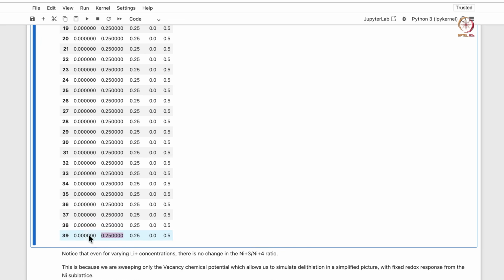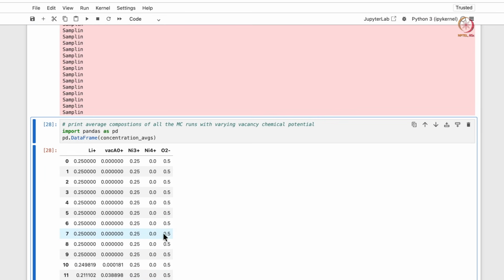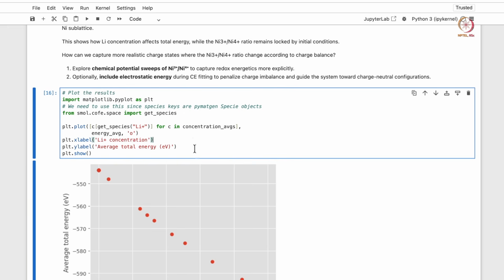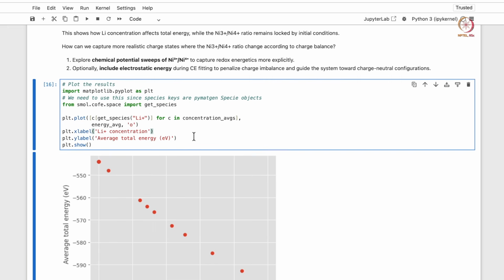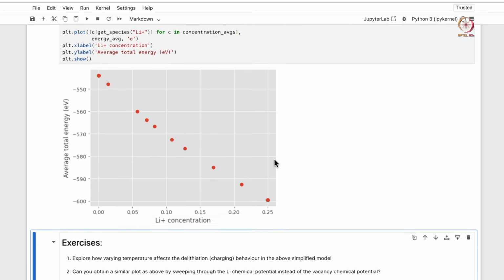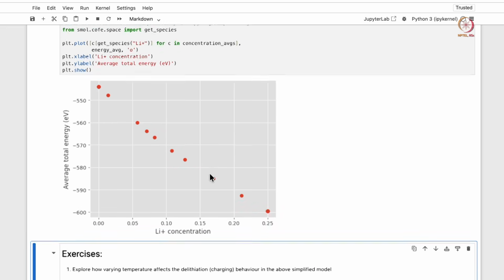And the lithium has 0 concentration. We can also plot lithium concentration versus average total energy, and we can see here that as the lithium concentration increases, the energy decreases.